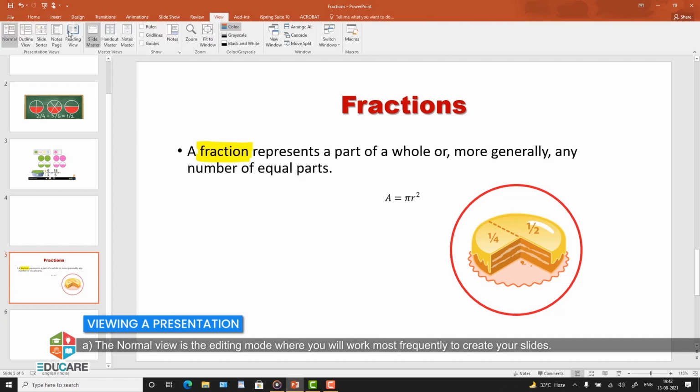The normal view is the editing mode where you will work most frequently to create your slides. By default, a user works in normal view. It displays slide thumbnails on the left in Slides navigation pane, a large window showing the current slide in slide pane, and a section below the current slide where you can type your speaker notes for that slide in Notes pane. You can open the normal view from the taskbar at the bottom of the slide window or from the View